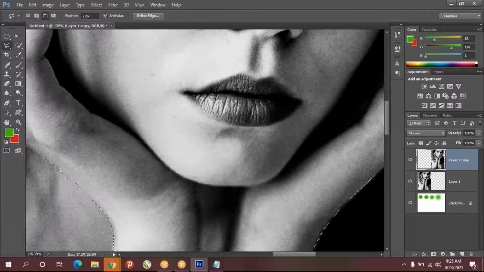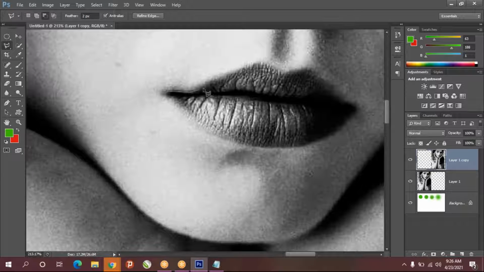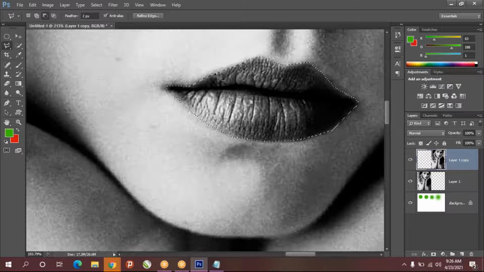Just zoom in and select what you want to subtract. Where you started, there you close it off.